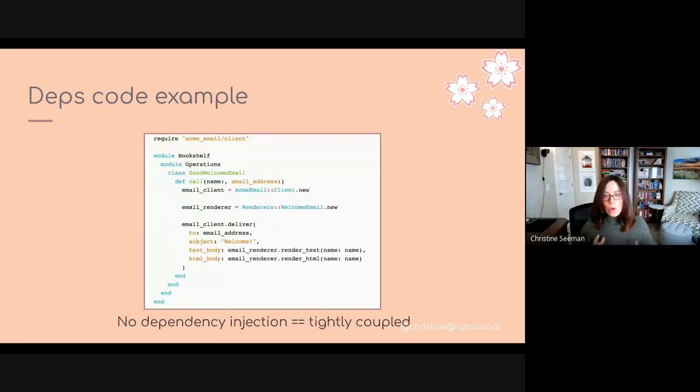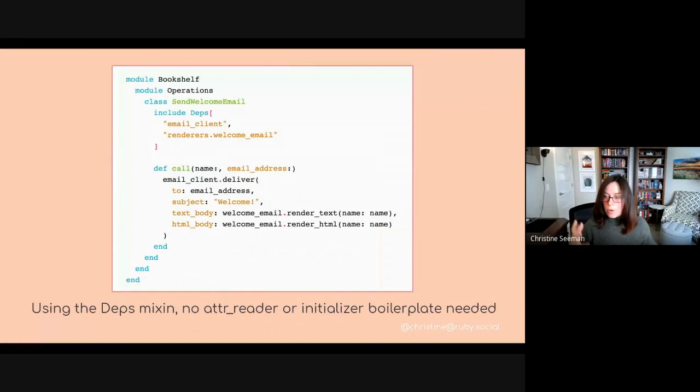So this is just a quick example from the Hanami site that was showing, hey, I need to send a welcome email in my app, but I have to directly tie my client. I have to directly tie the thing I'm rendering. And then when I'm actually delivering that email, you can see it's hard-coded that I have my renderer and I have what I'm rendering. Then when we reach instead to using Deps, what we have is the Deps